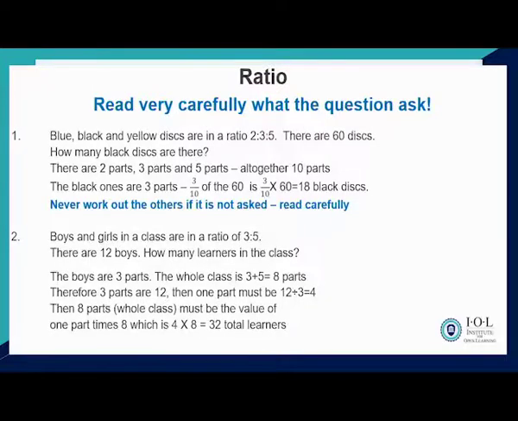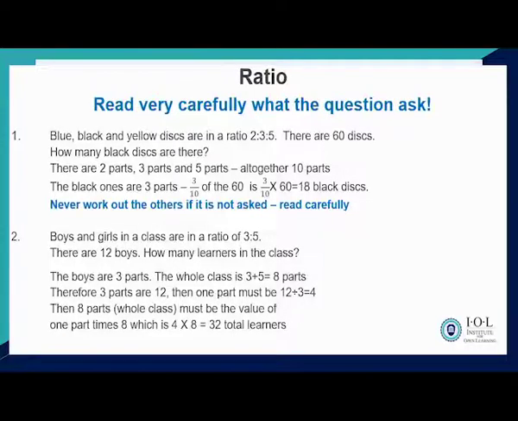Now, when you already get one of the parts, like in number 2, boys and girls in a class are in the ratio 3 to 5. There's 12 boys. How many learners in the class? Can you see the difference between the first question and the second one? First one, you know the total, and you just work out the fraction of the total. Now you get, there are 12 boys, and I look, okay, there's 3 parts and 5 parts. Boys are 3 parts. Girls are 5 parts. The whole class will be 8 parts. So I want to know what the 8 parts is. The 12 boys